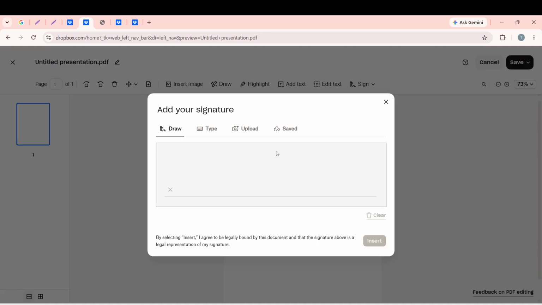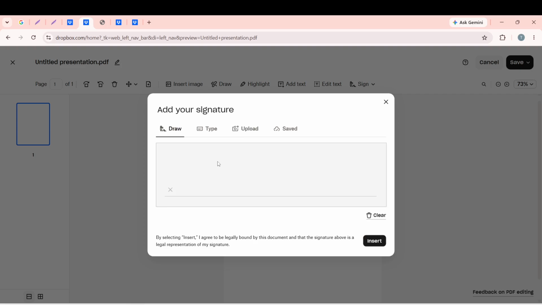Now select one of the three visual creator tools available. You can choose to draw your signature, type it, or upload an image of it. If you want to draw, click on the pencil icon. If you prefer typing, click the keyboard icon. Lastly, if you have a handwritten signature image ready, click the camera icon to upload it. Each method offers a different way to create your signature. This flexibility ensures you can choose what works best for you.